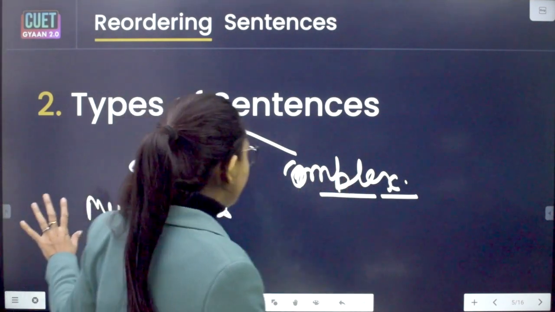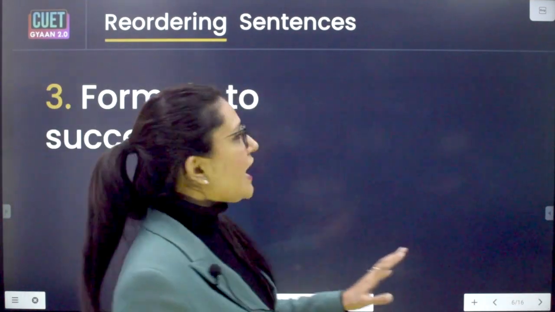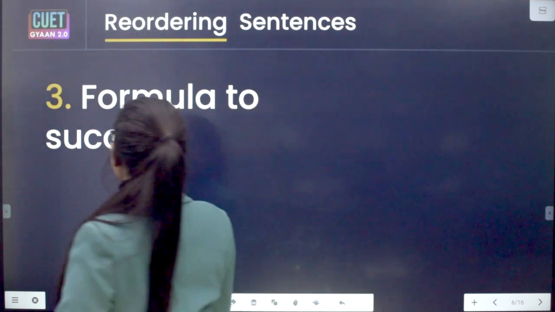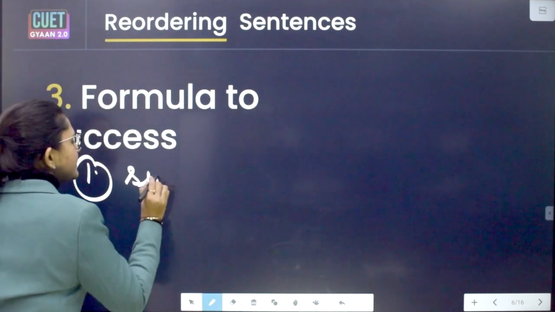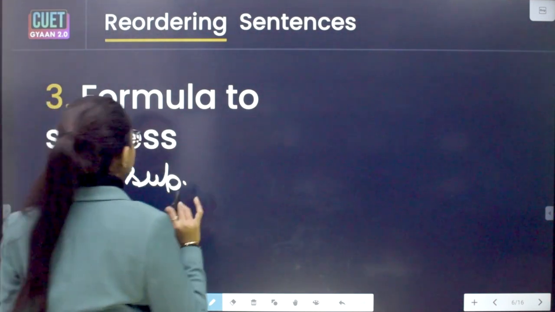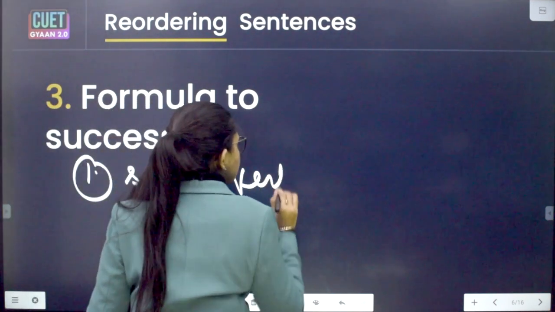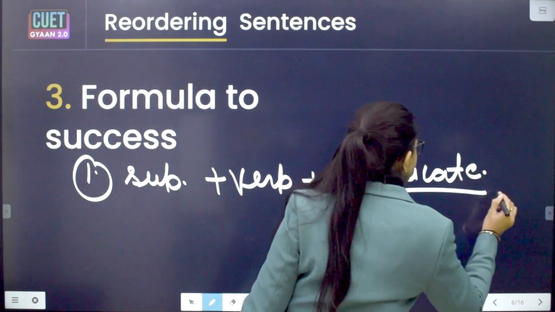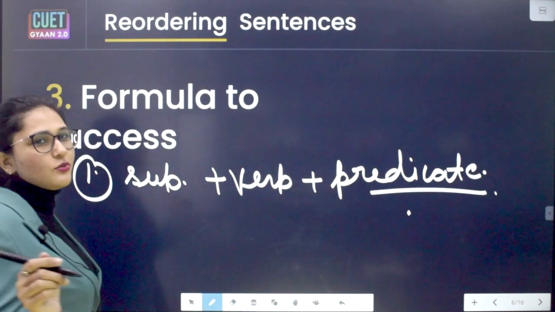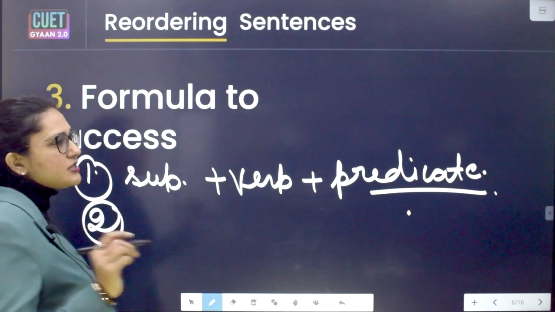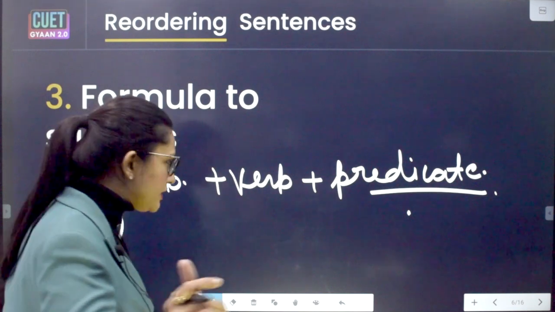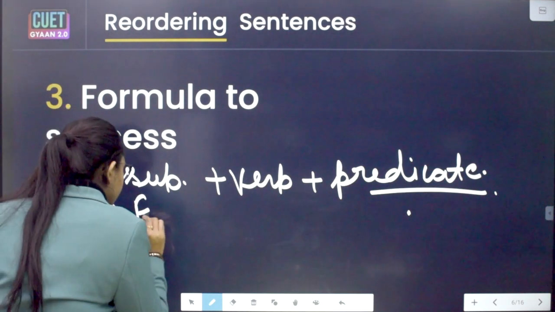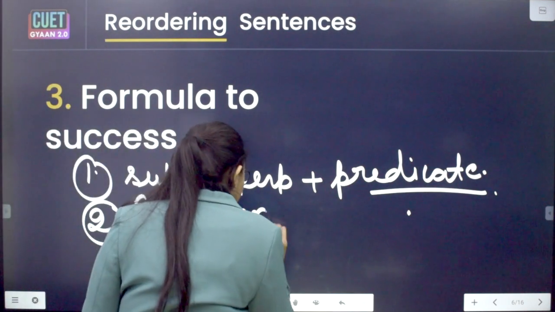Right? Talking further about rearrangement of sentences, we have a formula to success, a formula that I have basically created. It's very simple. First of all, subject, you have to apply this very basic concept: subject plus verb plus predicate, right? The remaining part of the sentence. But then what else can you do? There are so many other things as well. You are supposed to do a few more things, which will be, you are supposed to find the connectives. Find connectives or conjunctions